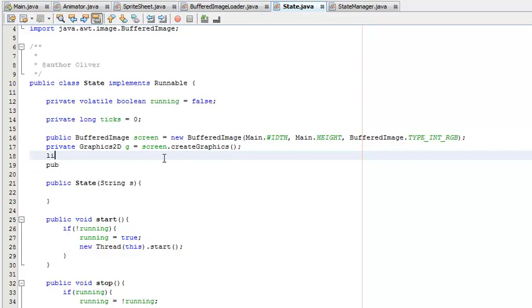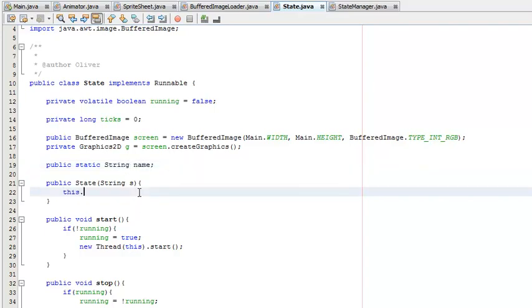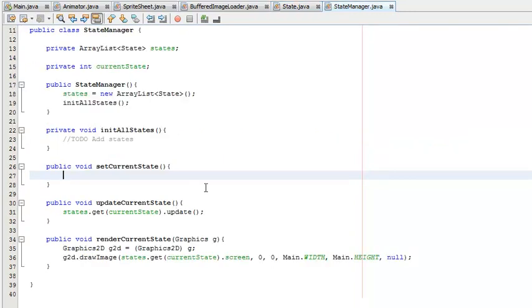I'm going to give it a public static string called name, and we're going to say this dot name equals s. Basically we're going to give a name to each of our states so we can actually access it by that name. So let's go back into State Manager,